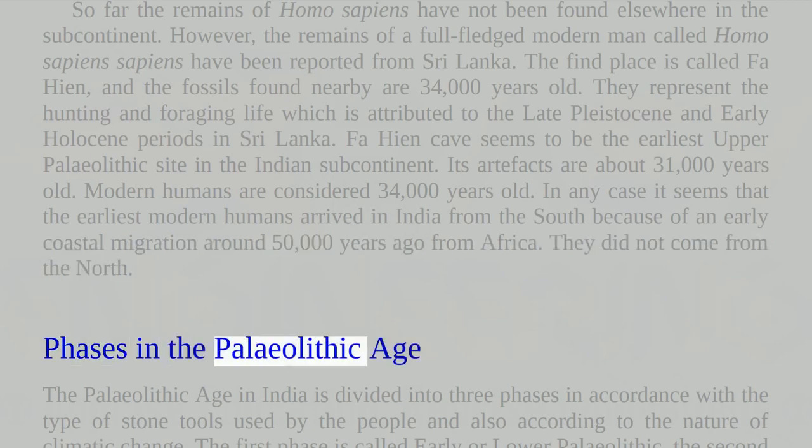Phases in the Paleolithic Age. The Paleolithic Age in India is divided into 3 phases in accordance with the type of stone tools used by the people and also according to the nature of climatic change. The first phase is called Early or Lower Paleolithic, the second Middle Paleolithic, and the third Upper Paleolithic. Until further and adequate information is available about the Bori artifacts, the first phase may be placed broadly between 600,000 and 150,000 BC, the second between 150,000 and